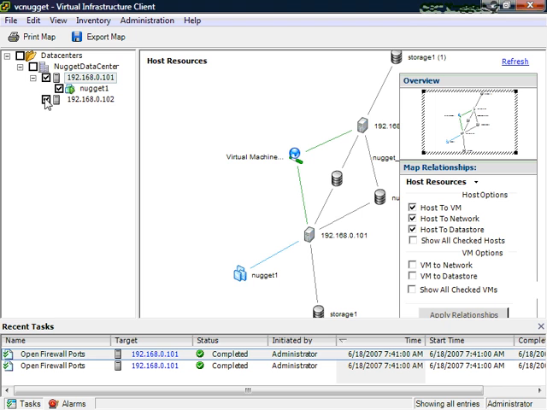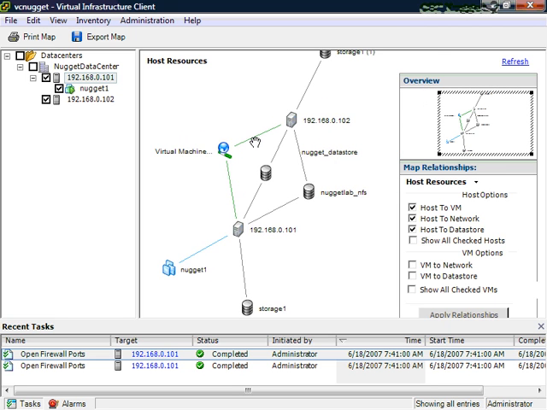If I wanted to add in the second host, the map changes slightly, and now I can see, okay, here's where my ESX chassis are, and here's how they connect to their resources. This map is auto-generated, and so there's not a lot that you can do to manipulate how the map looks, but as the size of your network begins to get larger and larger, this map actually becomes more and more